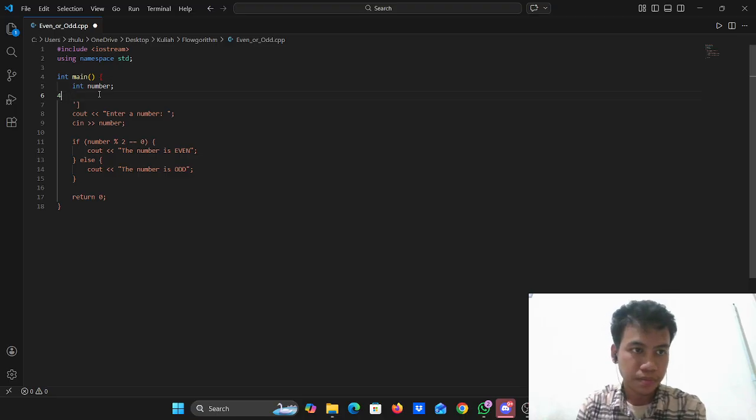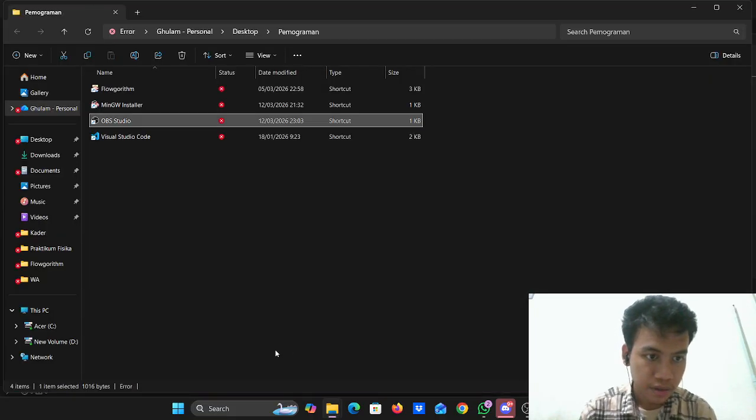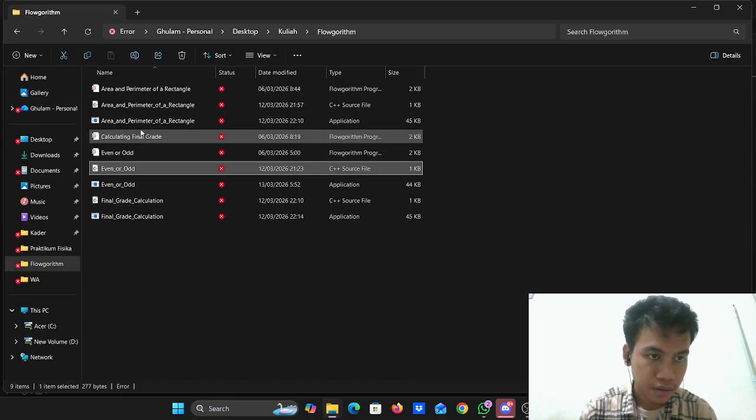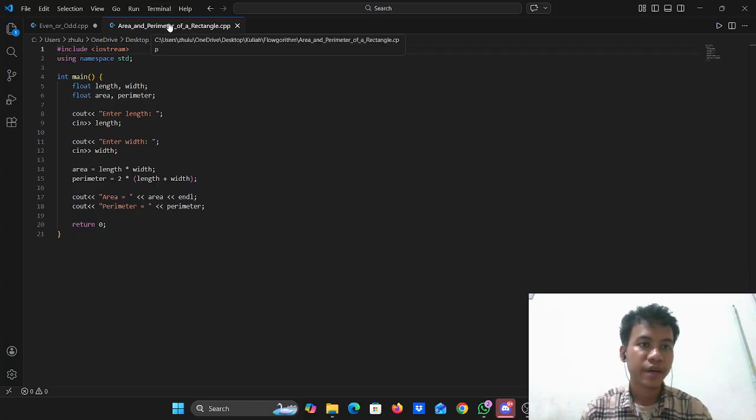And in case 2 we have the area and perimeter of a rectangle, the same.